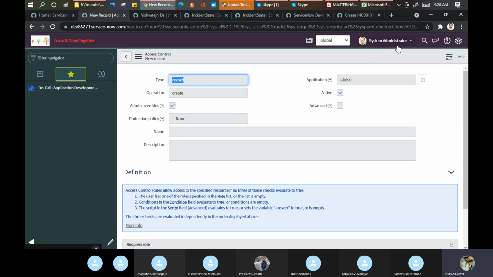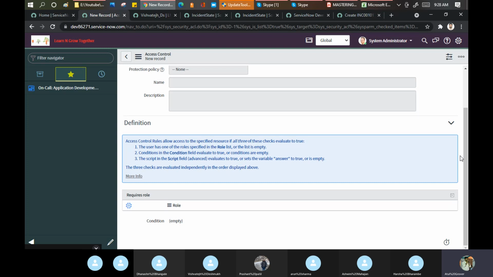These two or three words are required. If I am taking an interview and my candidate tells me these points, I can understand that yes, he has knowledge of ACL as well, because the rest of the things are just filtration conditions. That is why I always insist, before you start practice, read the out-of-the-box ACLs, client scripts, and business rules, so that you can get an idea of how these can be defined.